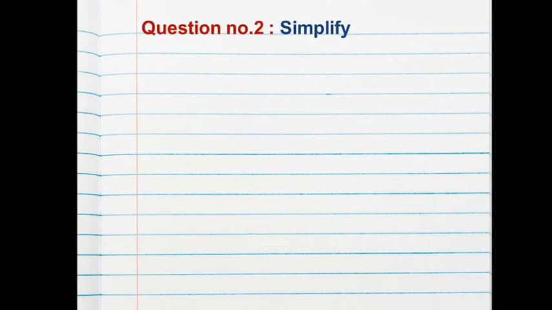So the question number 2, simplify. Questions are given, we have to simplify it. So the A, (2/3)^5 divided by (2/3)^4 into (2/3)^3. Here observe that the bases are equal and powers are different, and first it is given division and the next it is multiplication. So first we have to do the division between these two numbers by using the law of exponents, and then we will do the multiplication by using law of exponents, means we will apply the rule of law of exponents here.